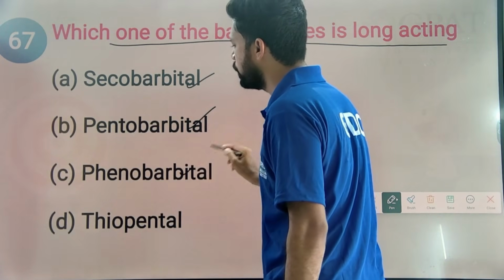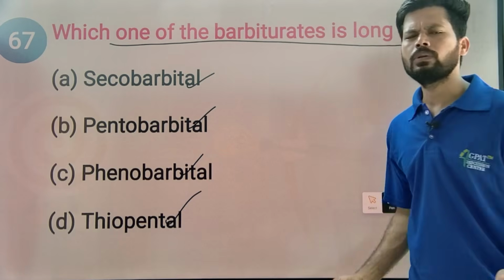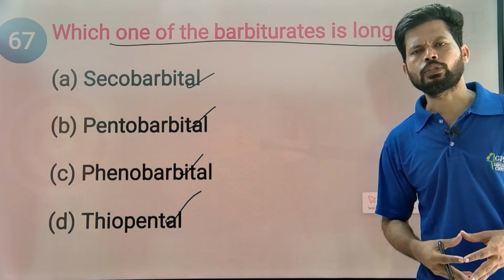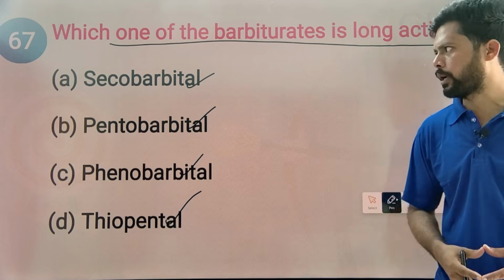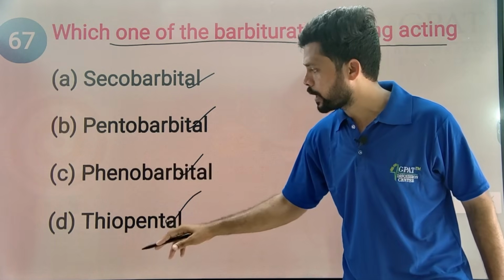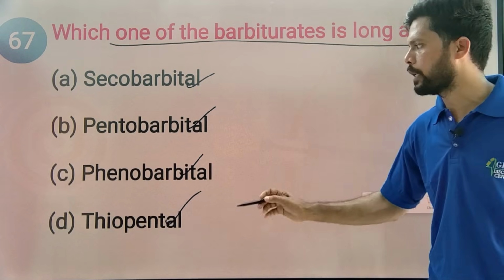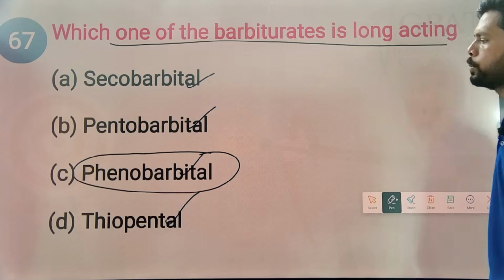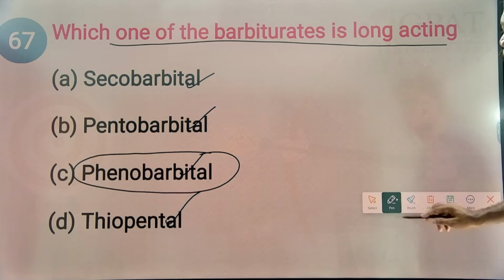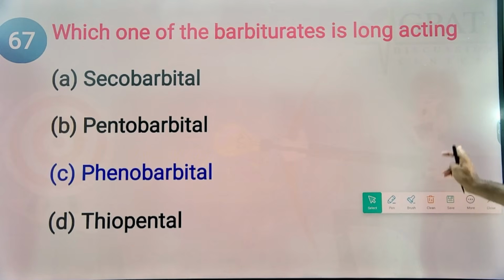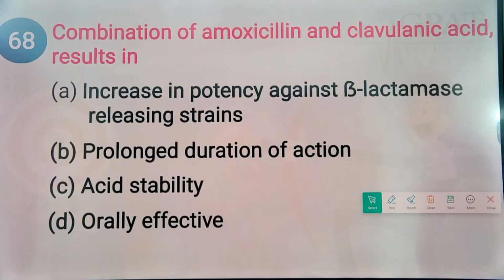Secobarbital, pentobarbital, phenobarbital, thiopental. Barbiturates are generally classified based on duration: long duration, intermediate duration, short duration, and ultra short acting. Secobarbital is short acting, pentobarbital also short acting, thiopental is ultra short acting, and phenobarbital and mephobarbital are long acting barbiturates. Answer is option C. And next,